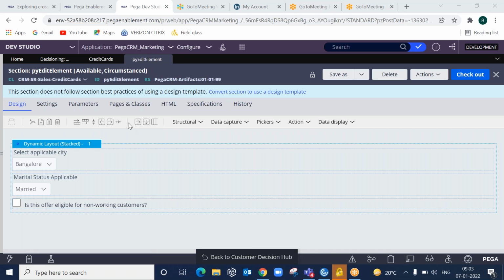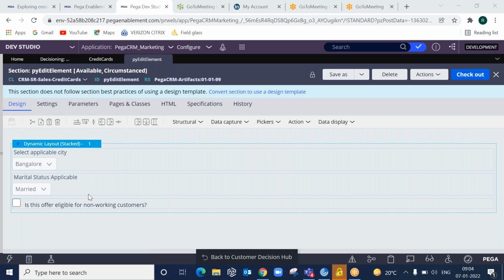Hence, we can use the custom form to give a better way to provide the data to the propositions, like which cities it is applicable to, which type of customers it is applicable to.